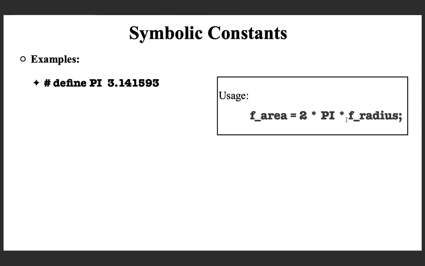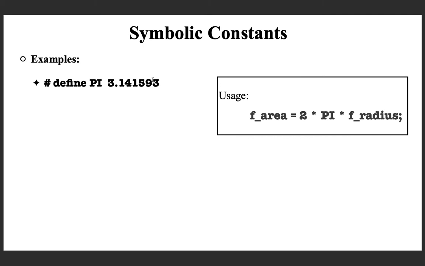Okay, so here the point is that rather than using this real value as a constant, you can define it once and then you can use the symbolic name to represent it. It's same as using 3.141593 here. You can give a symbolic name. Now the question is, why should one go for symbolic constants? One reason is maybe pi is easier for you to read and understand. It is pi, easier to read than this.